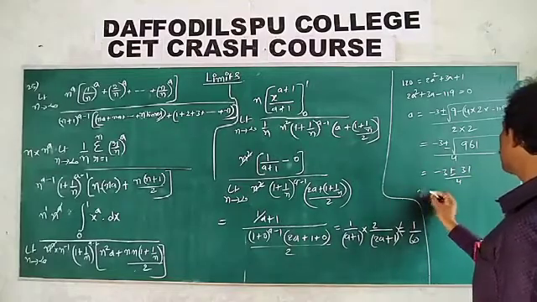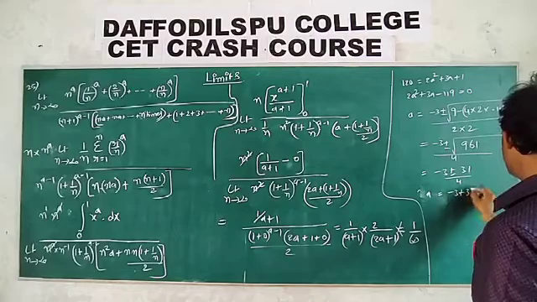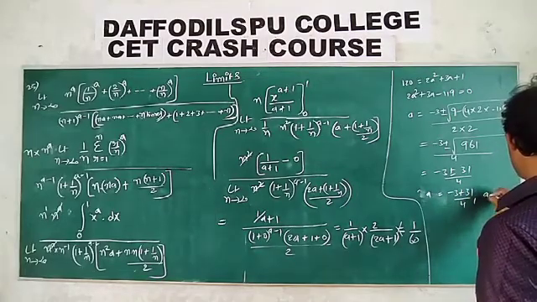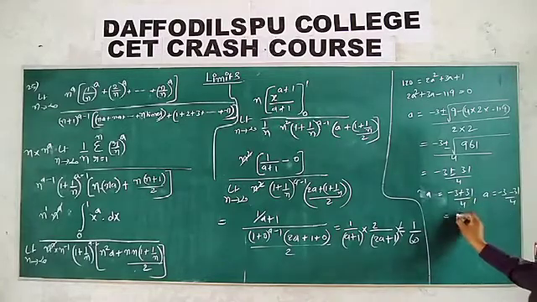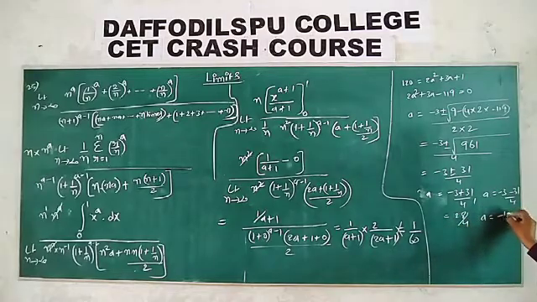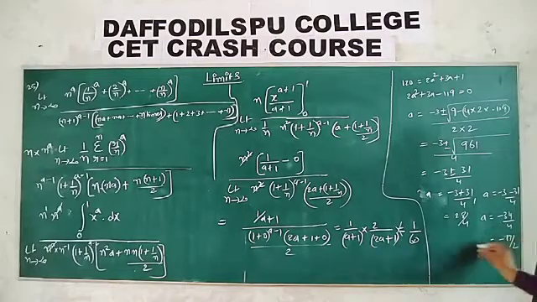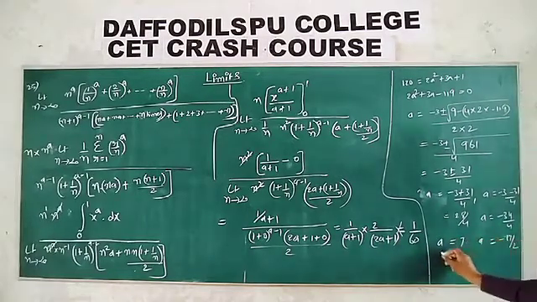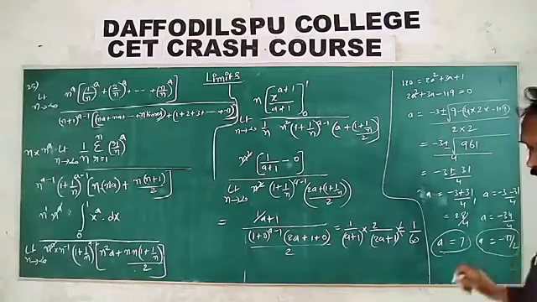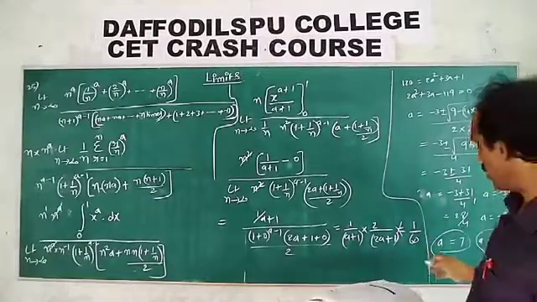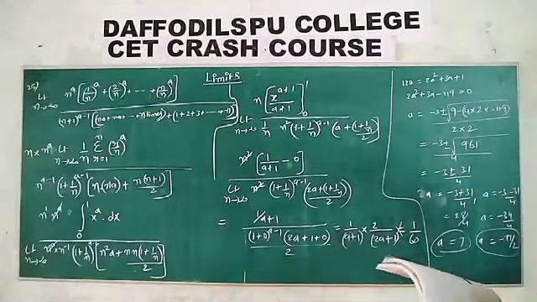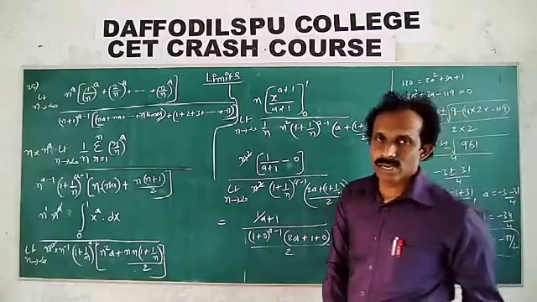1 time plus a values are 2, minus 3 plus 31 by 4 and a is equal to minus 3 minus 31 by 4. So this is equal to 31 minus 3. That implies 28 by 4 and a is equal to minus 34 by 4. This is minus 17 by 2. This is 7. A is equal to 7 and a is equal to minus 17 by 2. Which option is the correct answer? So a is equal to 7 not there, minus out there. A is equal to minus 17 by 2. Fourth option is the correct answer.